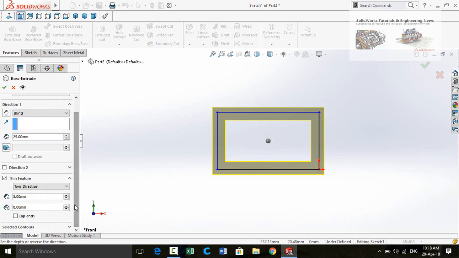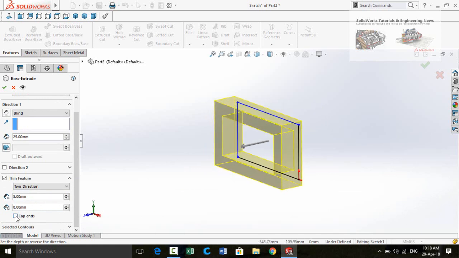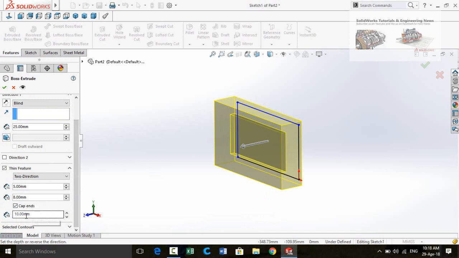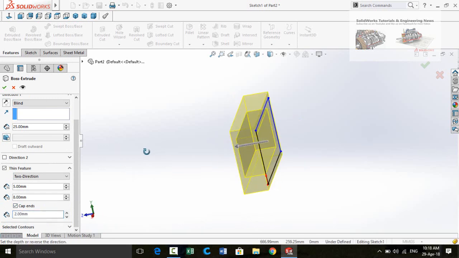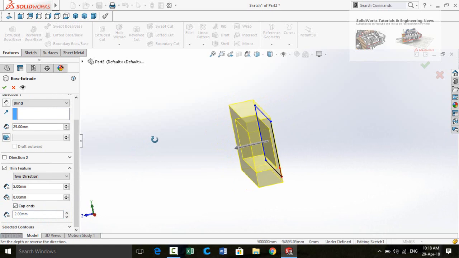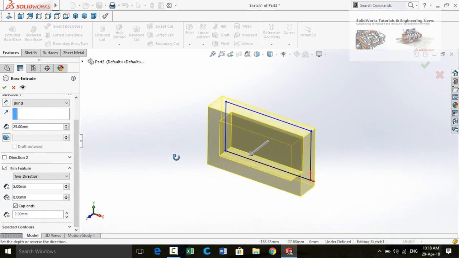See how it is working. This option is used to cap ends. If you check this option and then see, here is the wall thickness of ends. You can also increase or decrease this size. So now it will become like a box.